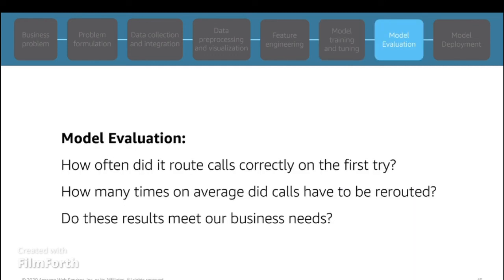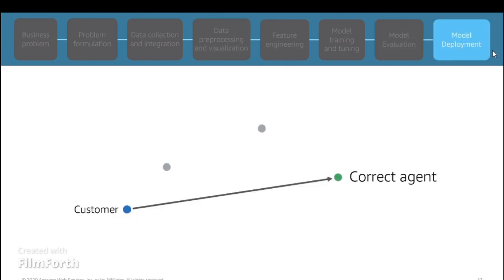Once happy with how the model interacted with the unseen test data, we deployed the model into production and monitored it to make sure that our business problem was indeed being addressed. Our problem was predicated on the assumption that the ability to more accurately predict skills would reduce the numbers of transfers a customer experienced. That was put to the test after we deployed, and in fact, the number of transfers did decrease, resulting in a much better customer experience. We then deployed the model, and it now helps customers get directed to the correct